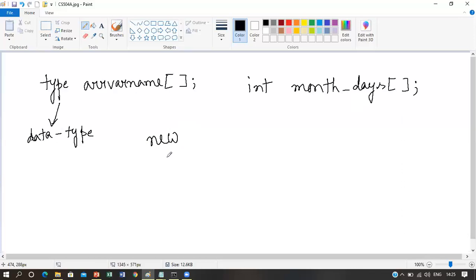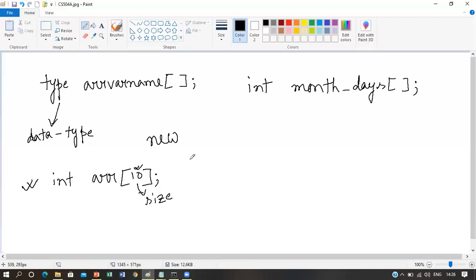I have already told that in case of Java, no static memory allocation concept is there. As you have already learned in C or C++ languages, if you want to declare an array, say the array variable name is ARR, the data type is int and the size is 10, you can declare it like this, where int is the data type. That means the ARR array can hold only integer type elements. ARR is the array variable name of your choice, and this 10 is the size of the array.